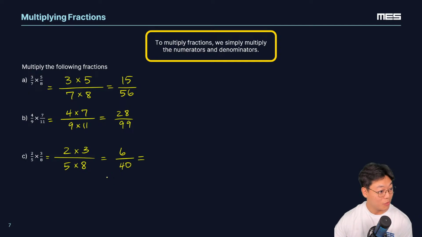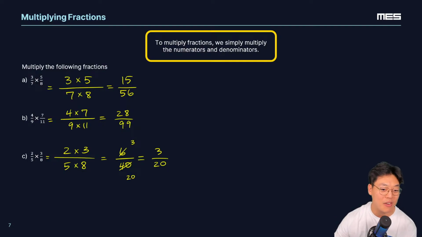3 over 20. Okay, Chloe, you got to the answer. You're correct, by the way. 3 over 20. How did we get there? By 2. Yes, we can divide both the numerator and denominator by 2. So we divide 6 by 2 to get 3, and we divide 40 by 2 to get 20. And now 3 and 20 don't have any more common factors, and that's how we have a fully simplified fraction for this problem. Great work, everyone.